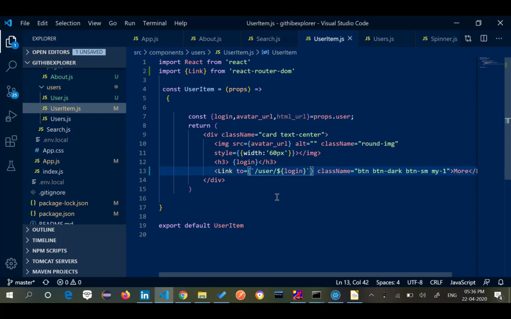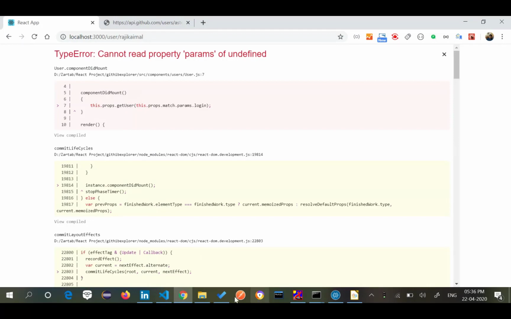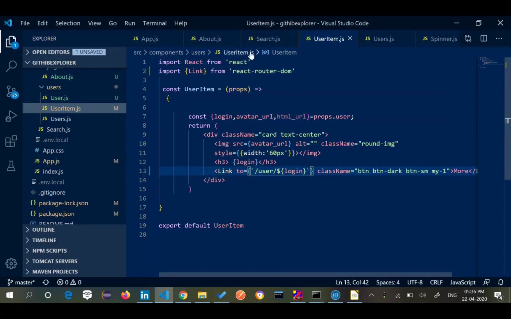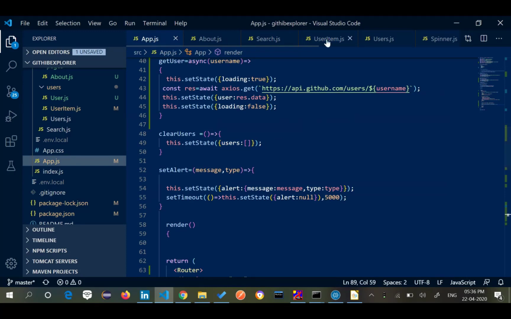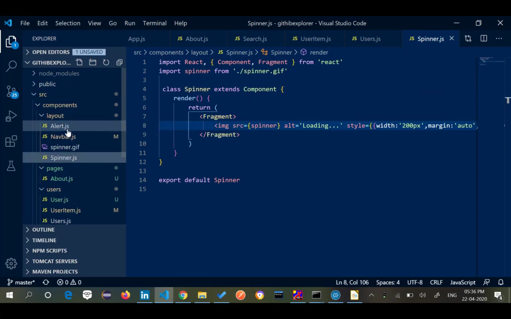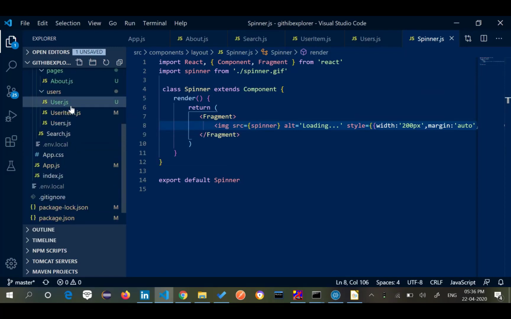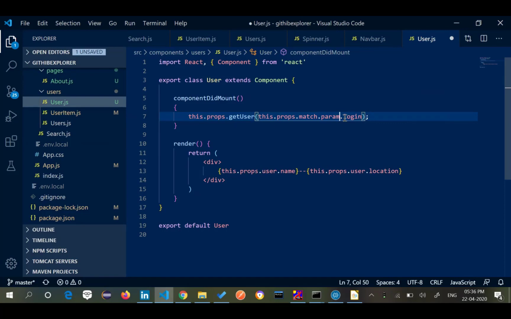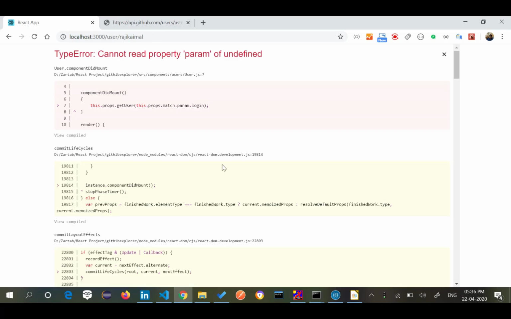So /user/login, and I'm getting the login here as well. Let me try to get params once to see if it works. Not really, property params of undefined.